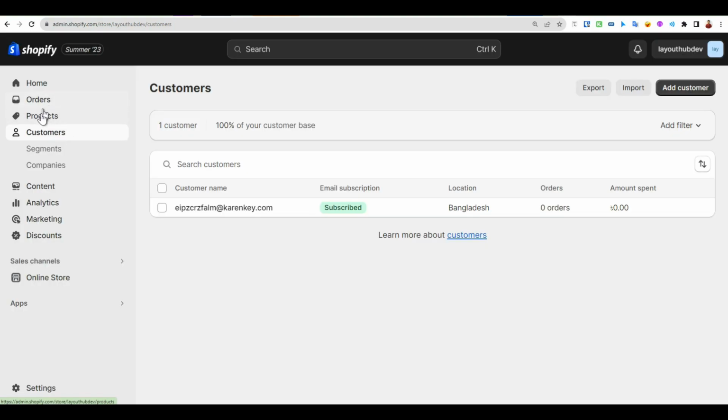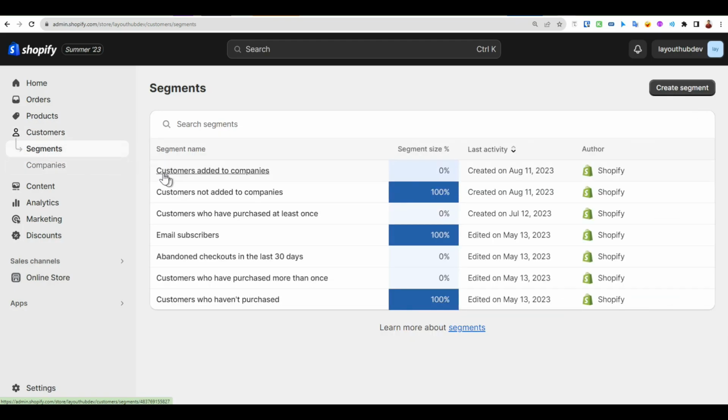You can see there is a new item here which is customers in the sidebar. So inside this customer you have segments and companies. So in segments you can see there are some options here. One options here is customers added to companies, customers not added to companies, customers who have purchased at least one,